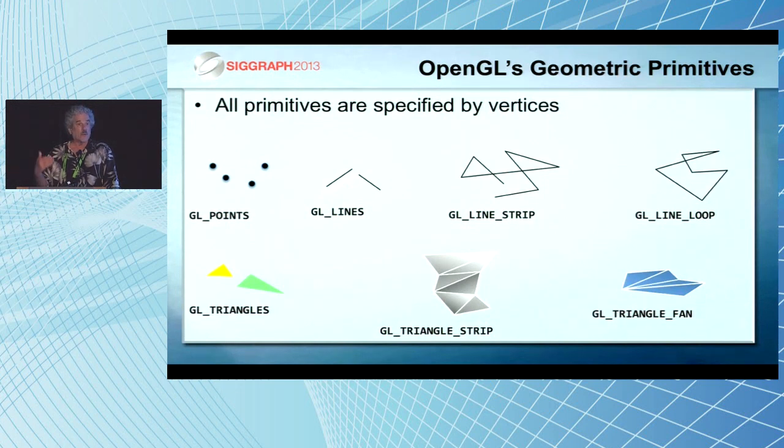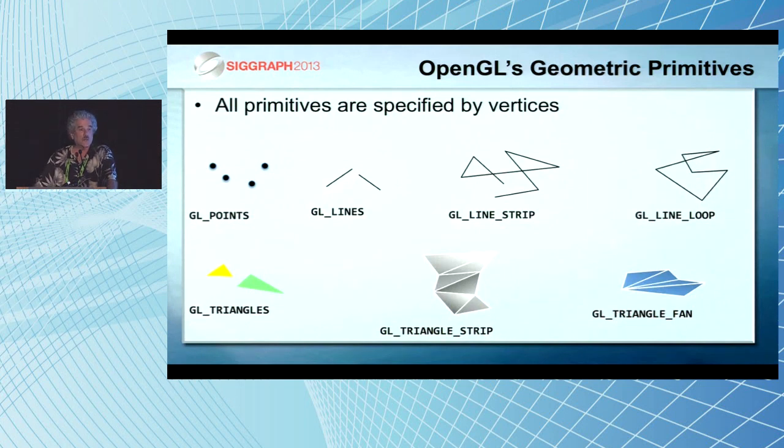But those same n points can define a number of other possible things, and the ones that OpenGL is willing to do: well, I know about line segments. I can interpret those n vertices as n over 2 line segments, with each successive pair of vertices defining one line segment. Now notice that will leave gaps. The first and the second will define that first line segment. The third and the fourth will define the second,